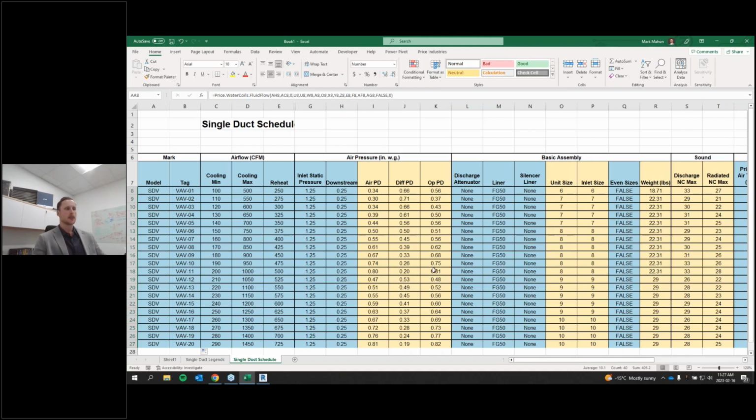The intention is all of this data is now at your fingertips in a format that you can use as a consulting engineer without the need for turnaround times to get selections made or modified. This is something you could do as a quick hit, a plug and play number for an initial schedule. By all means, if you still want to